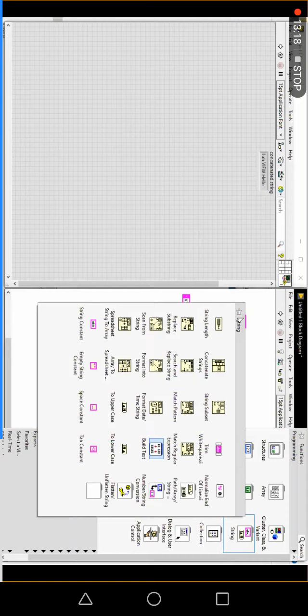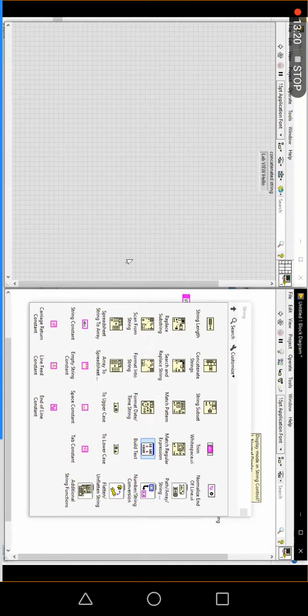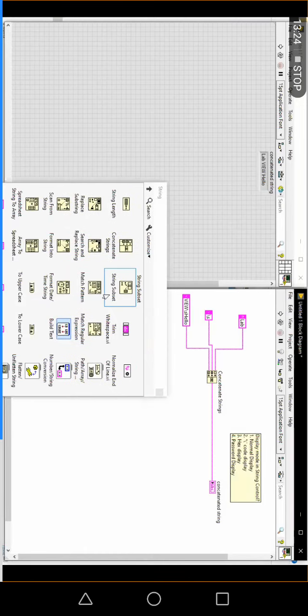Then the next function will be string subset. What is the purpose of string subset?